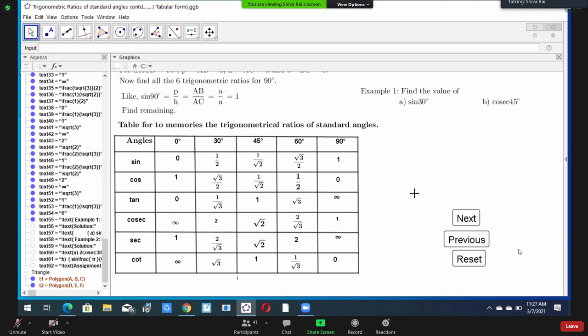Okay, let's see here. So you apply this table. In the beginning, it may be difficult. If you see here in the table, what's the value of sine 30 degree? Look here. How much? 1 by 2. Yeah, very easy. So how to do it? Okay, it's in the solution. Just you have to put the value. Look here, sine 30 degree equal to 1 by 2.